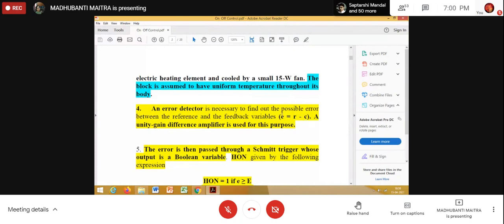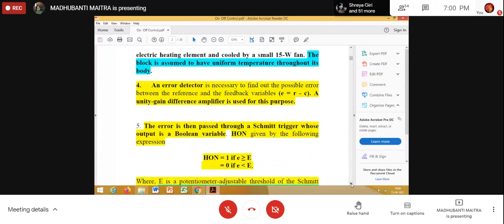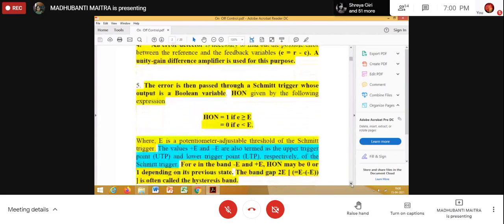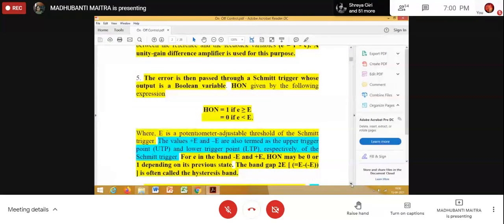So this is the error, and this error voltage can be obtained from the output of the difference amplifier. A unity gain difference amplifier is used for this purpose. Now the Schmidt trigger. If we connect the Schmidt trigger, then the error signal is passed through a Schmidt trigger whose output is